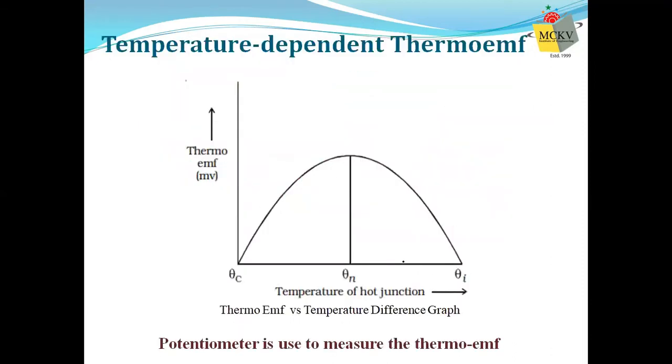This is the graph that I was talking about. You can see the thermo EMF versus the temperature difference graph. This is the x-axis, and this is the thermo EMF. In this experiment, we will be interested in a small region. You can see it is parabolic in nature, but in this small region, it is more or less behaving as a straight line. So the EMF produced can be safely written as proportional to the temperature difference. It is linear in this region, and we can approximate it with a straight line. So this is the kind of equation that I was telling you.